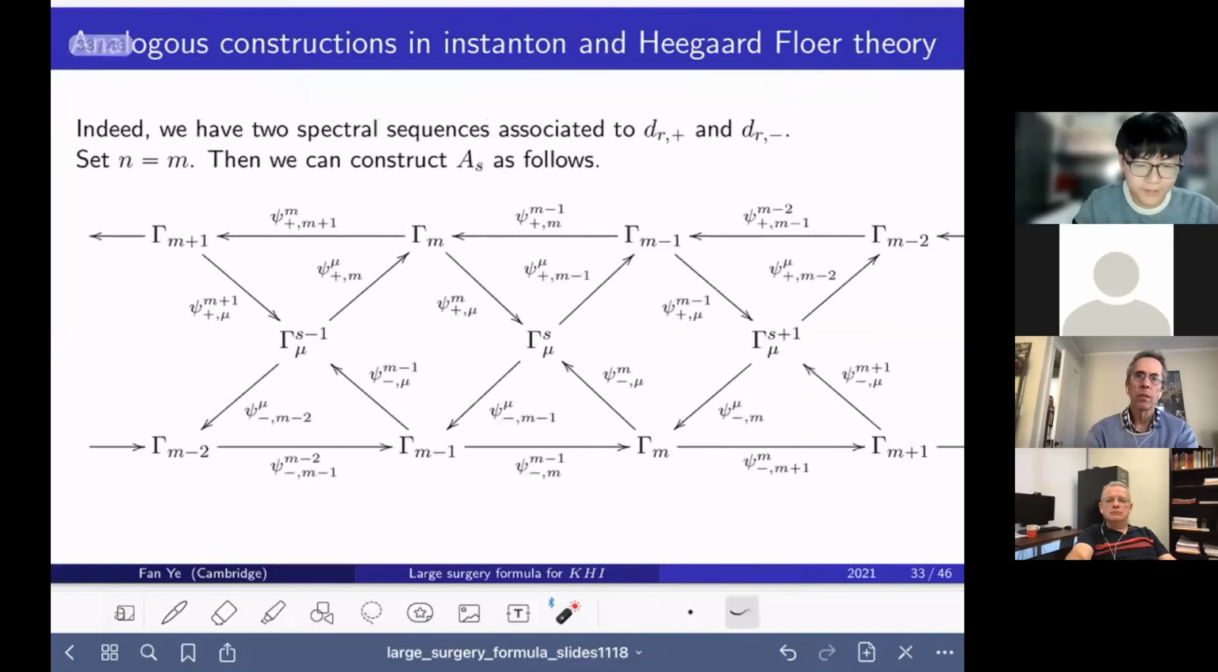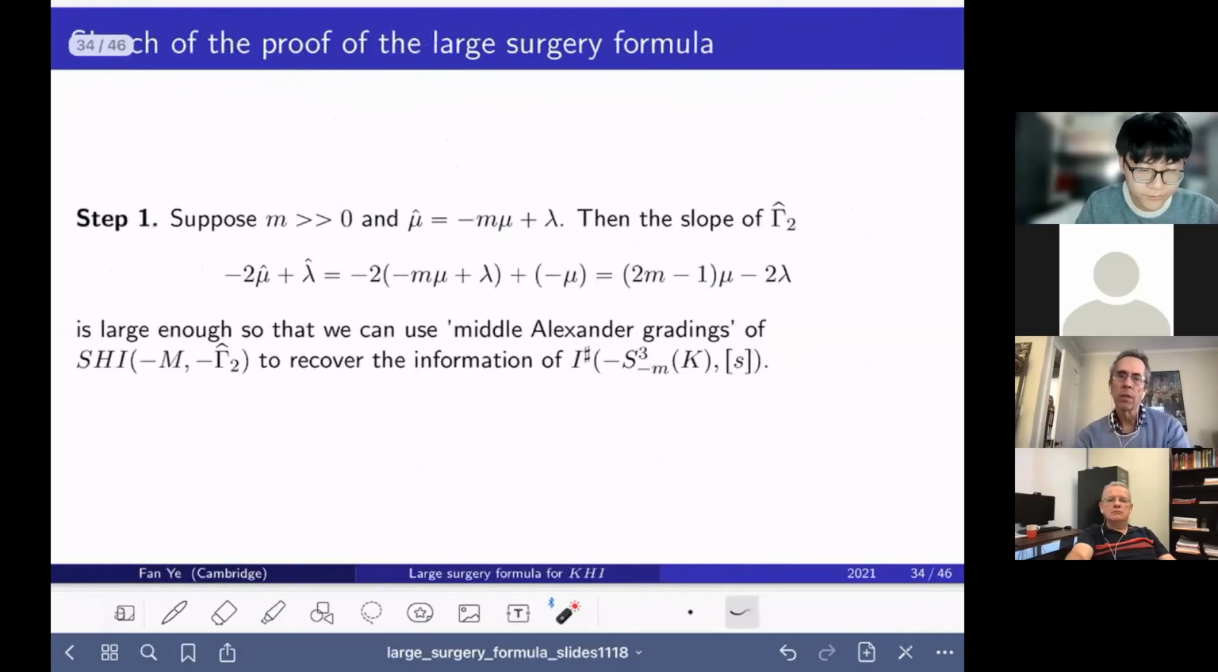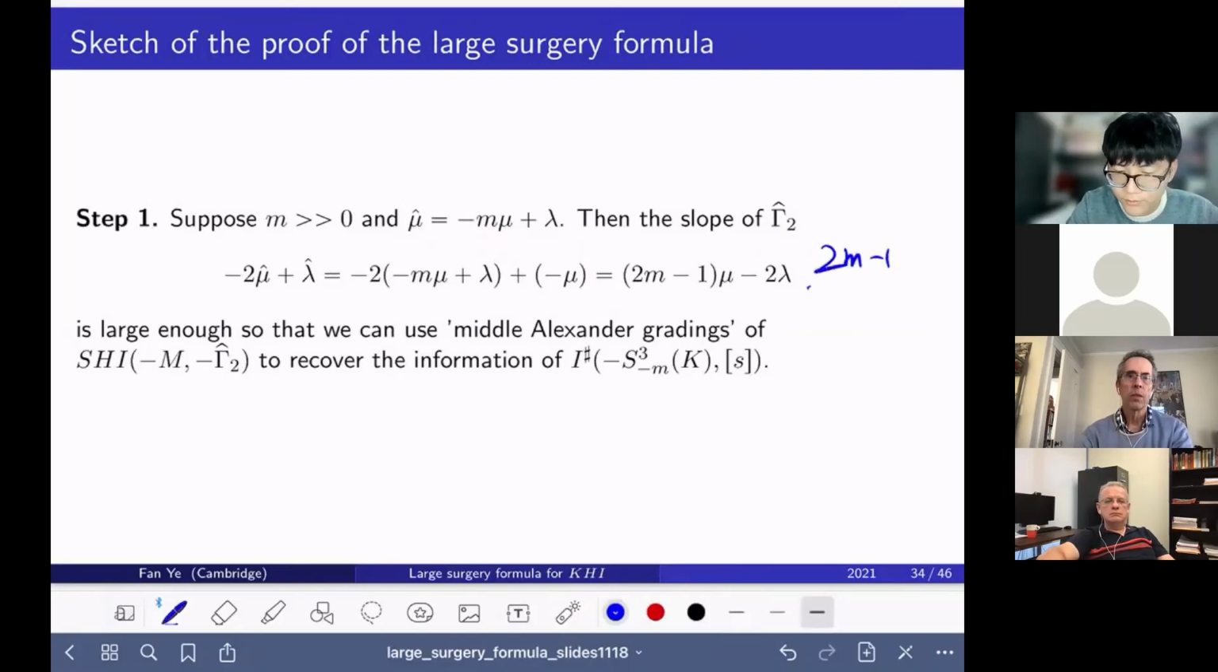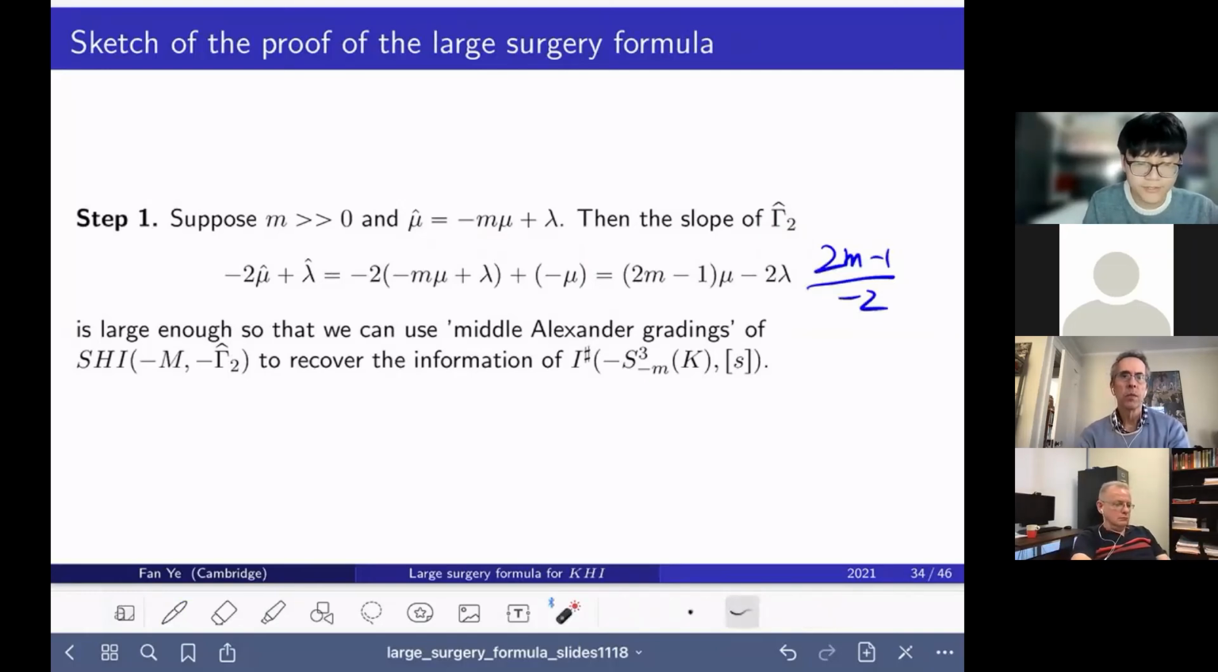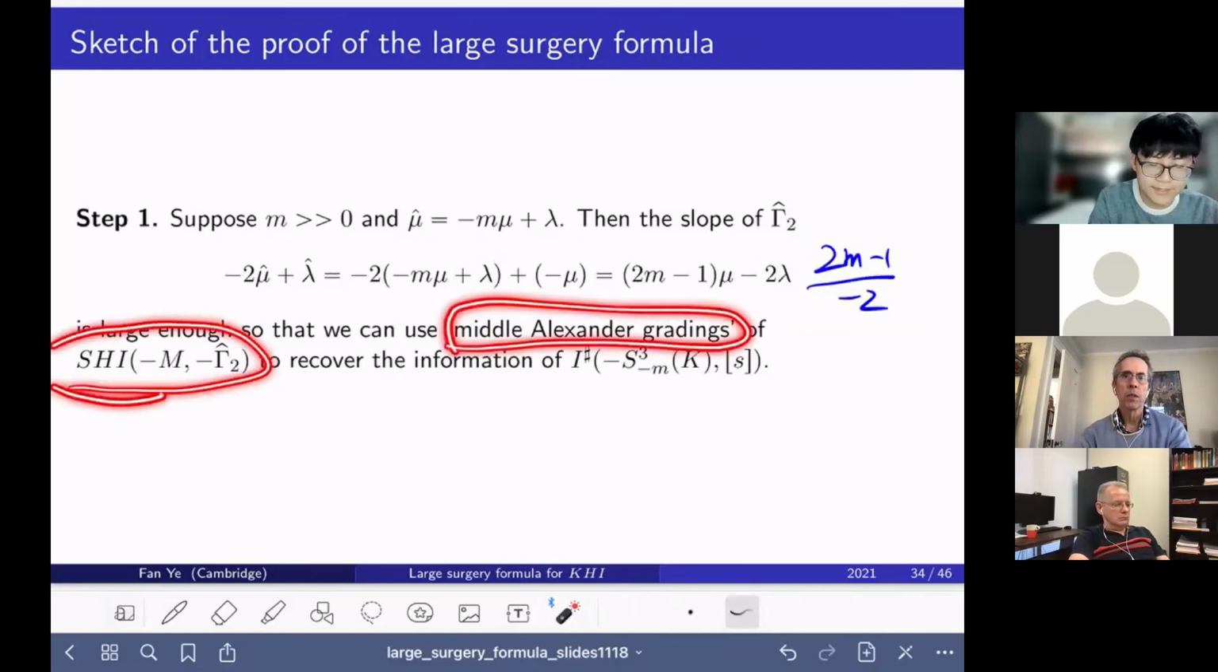And finally, let me sketch the idea of the proof for the large surgery formula. So the first step is that we consider a large integer m and take the mu hat to be minus mu plus lambda. Then we can calculate the slope of gamma 2 hat, which is (2n minus 1) over minus 2. And indeed, this slope is large enough, so we can use the middle Alexander gradings of this SHI to recover